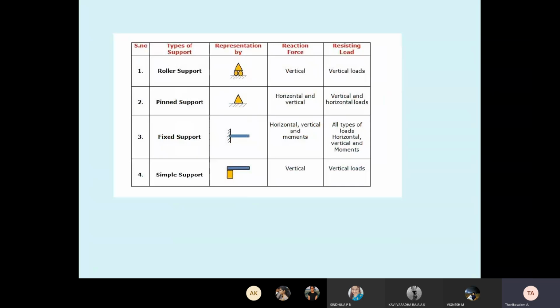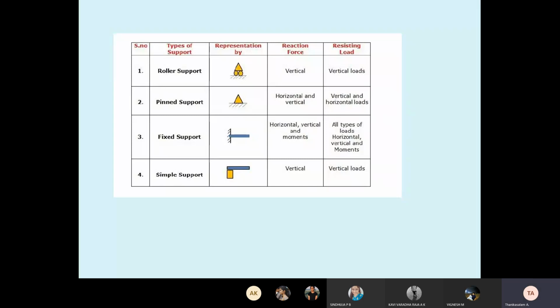See our computer table, sometimes the roller is there, sometimes without roller. So definitely the reaction will be different. You see the computer lab, sometimes the table has rollers at the four corners. So that is called a roller support. You see the person skating: the roller is connected, the roller is in contact with the surface, but the leg is connected to the roller. So the roller is in contact with the surface, so it is a roller support.